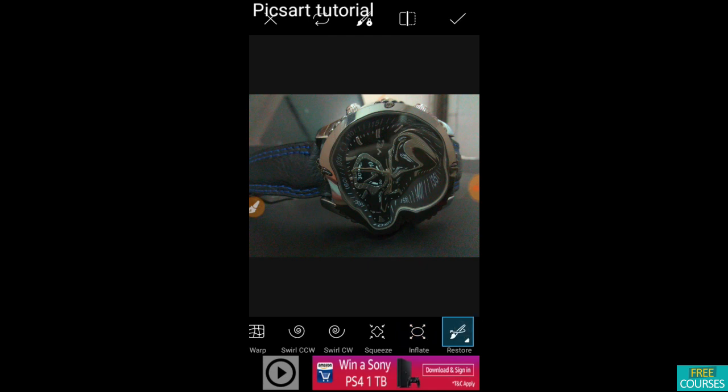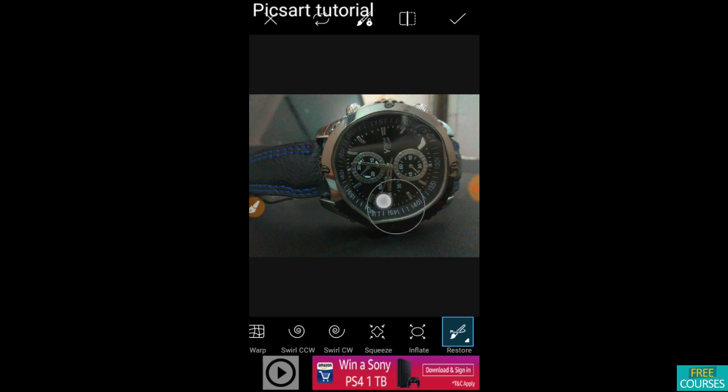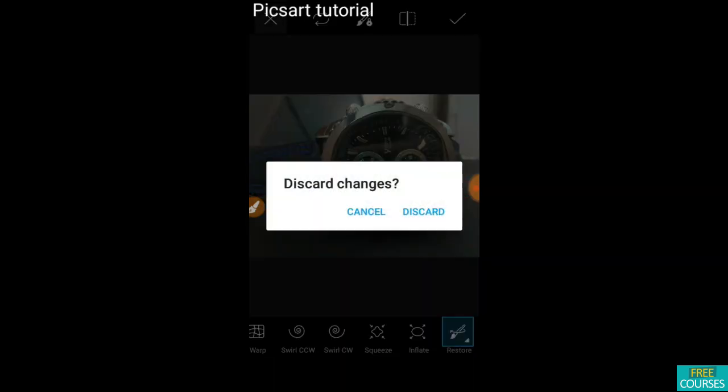And now coming on to the restore option, which means to restore each and every thing you just did over here. So you can see that this photograph is now improving from bad to good. Now let me close it. Okay,